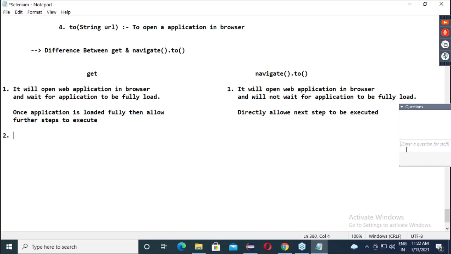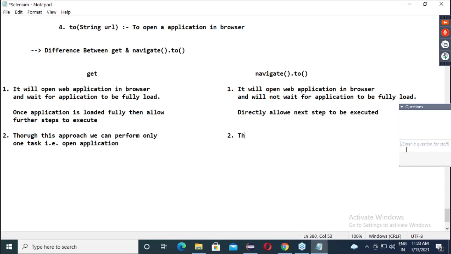Then another point is, through this approach we can perform only one task, that is open application.